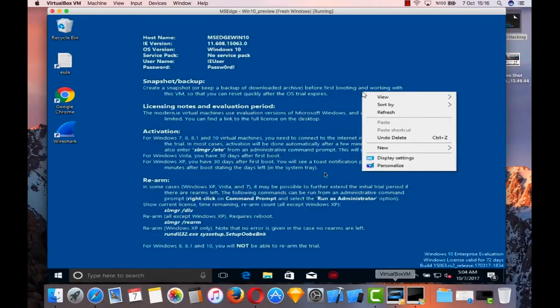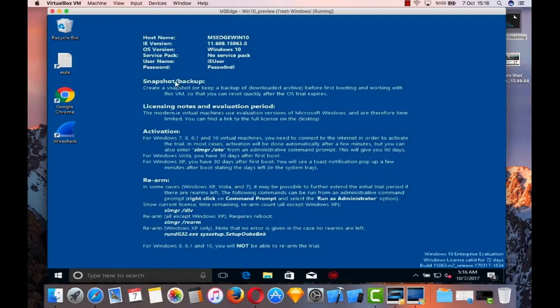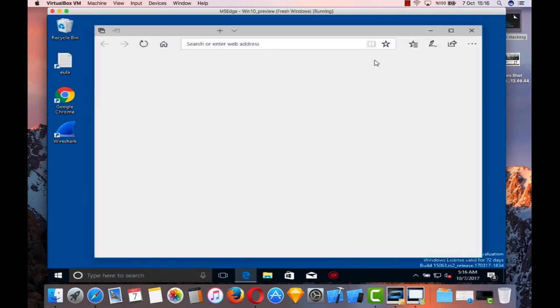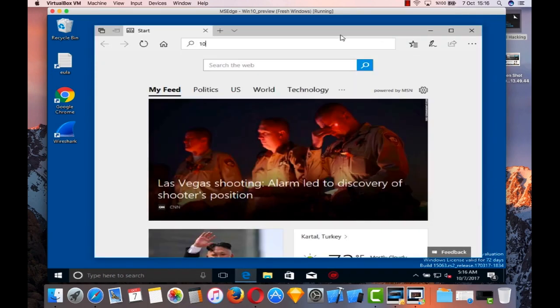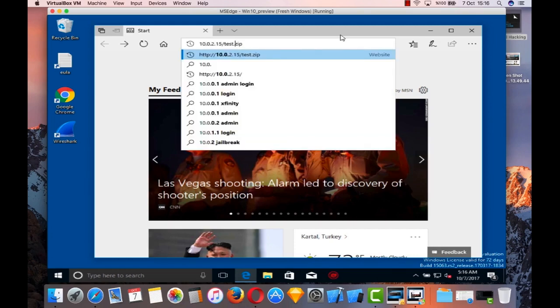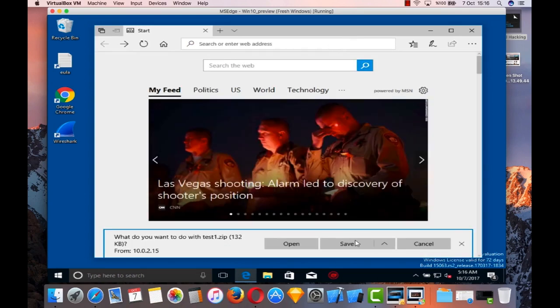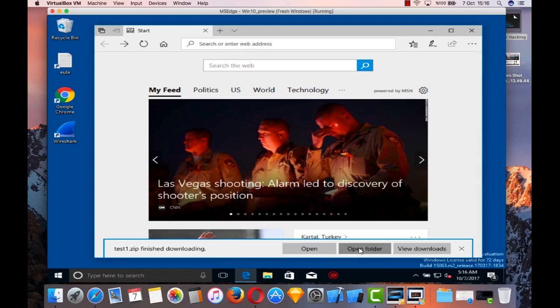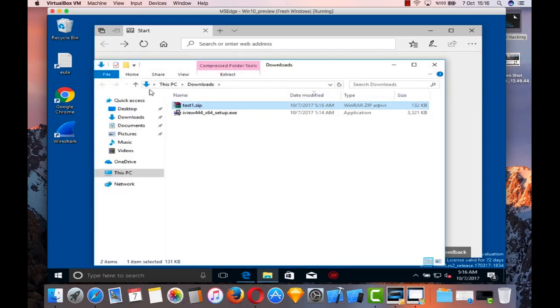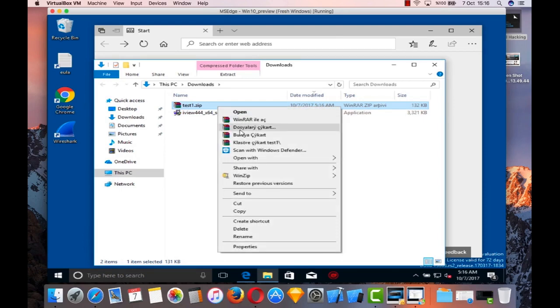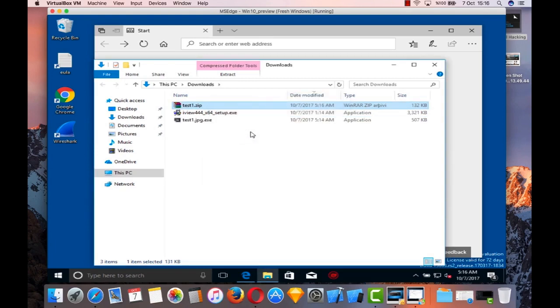And if I go to my Windows virtual machine, then I can try to reach my Apache server. And if you're not running Apache server, of course you need to run service apache2 start first, but mine is already running, so I'm going to just download my file from my website. And this is finished downloading. I'm going to unzip this. If you don't have any WinRAR or WinZip on your Windows machine, then of course you can Google and install it, but I have one, and as you can see, now I have my test1